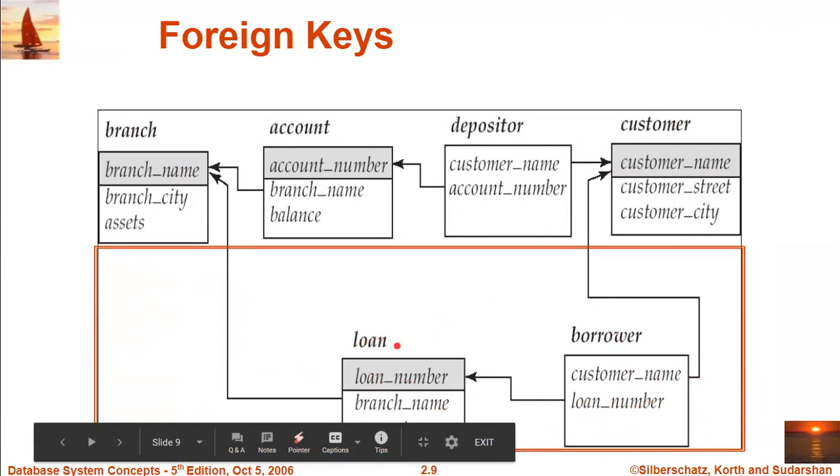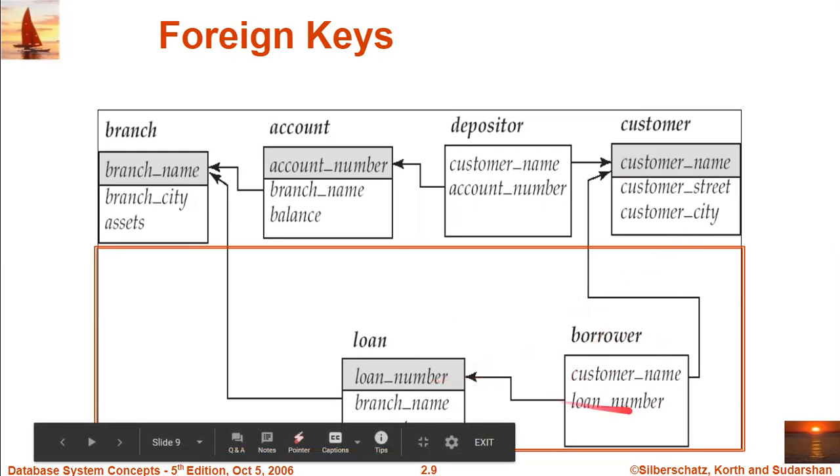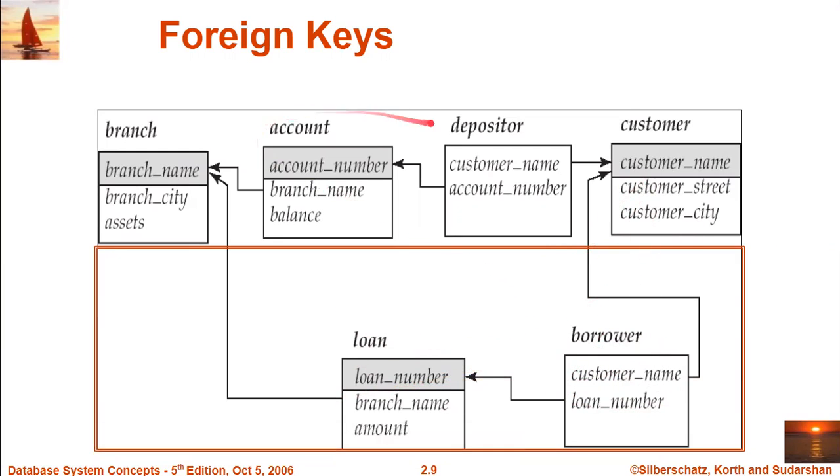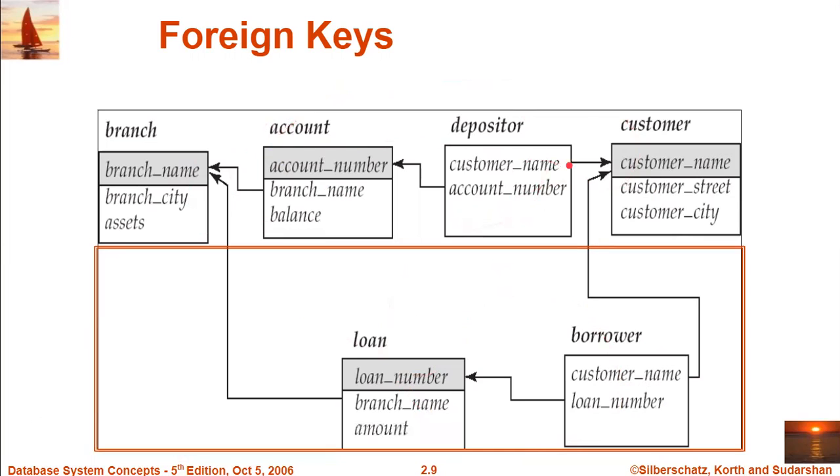Borrower and loan tables are interrelated with each other, which says a person is having a loan. Customer is having a loan. The persons whose customer names are present in this list are having certain loans. Loan related information will be represented in this relation, and this is simply a table which relates customer and loan personal details. Similarly, just like loan information, we are having saving accounts information in the account and depositor tables. Both these tables will be used in combination to give us results.